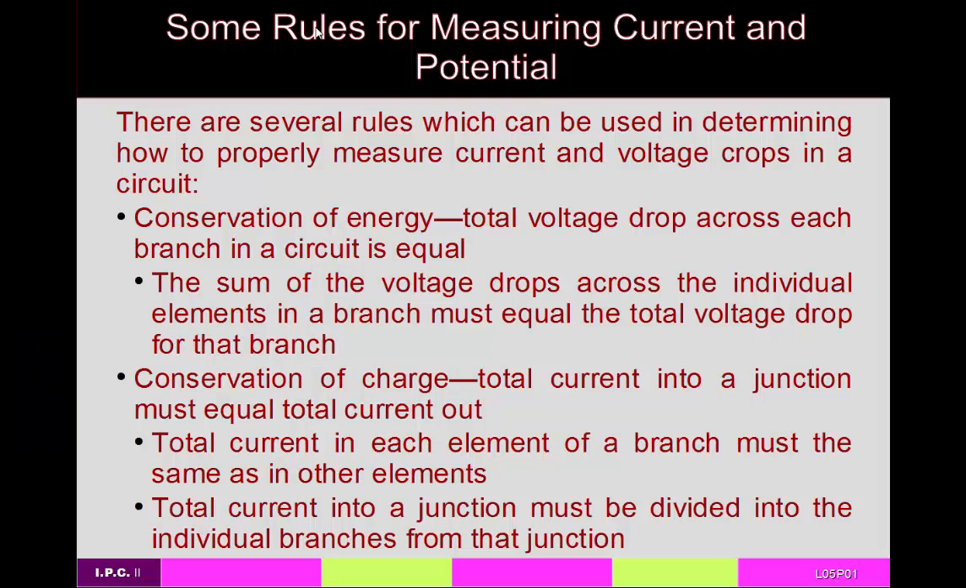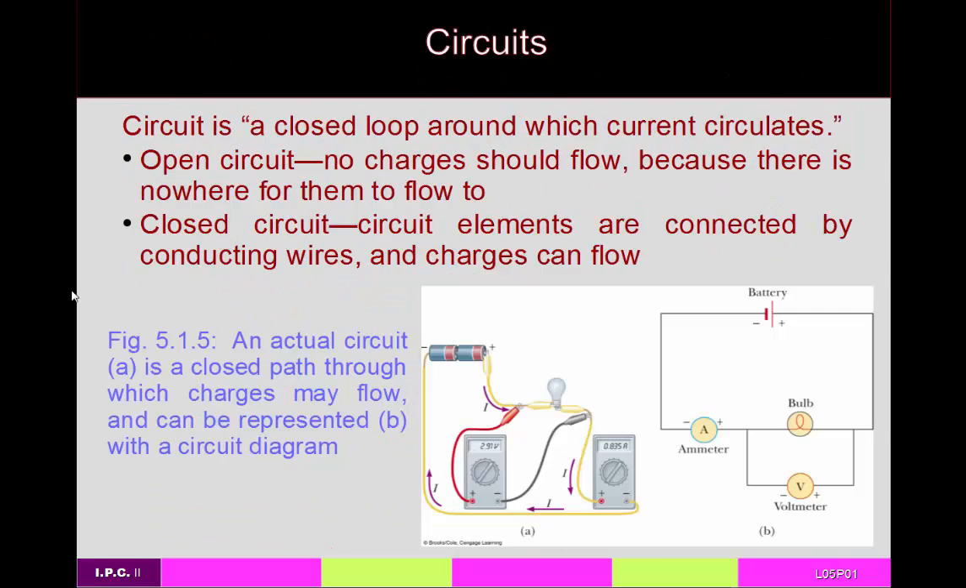So let's get back to those rules for measuring current and potential. Conservation of energy requires that the total voltage drop across each branch in a circuit be equal. And it also requires that the sum of the voltage drops across the individual elements of a branch must equal the total voltage drop for that branch. We talked about this in the last set of lectures in the context of capacitors. If we go up a slide,